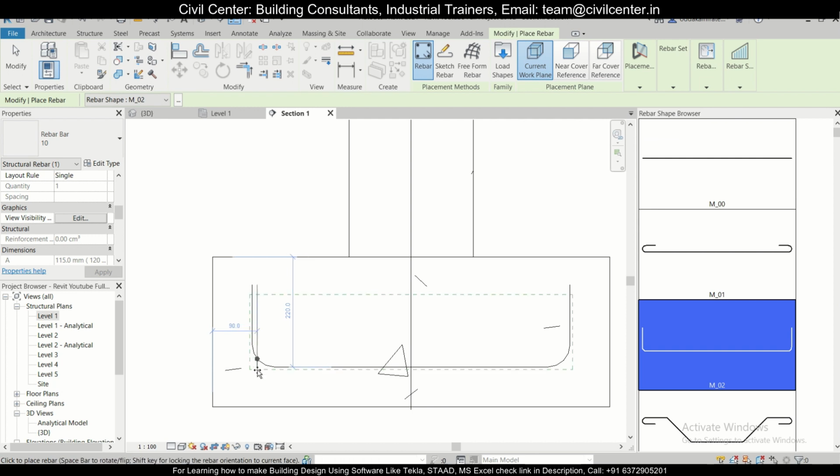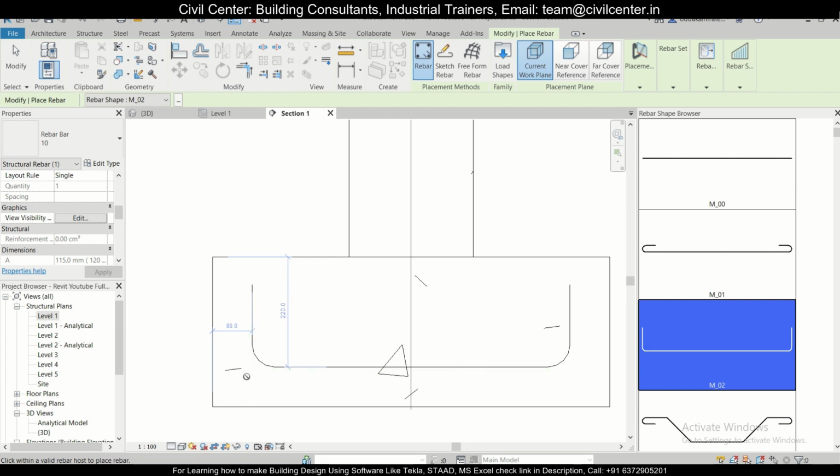So we can place this wisely. If we place it here, there is maximum position in the cover. So the particular reinforcement which will be placed in the opposite direction will be starting from here, or else we can take it at a particular distance also. Let's place it here.